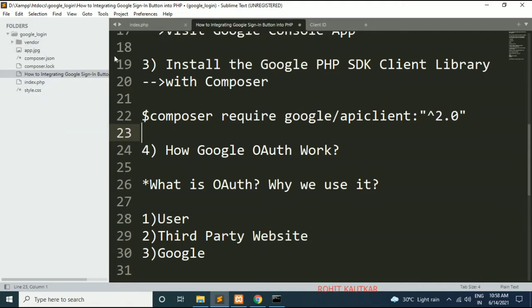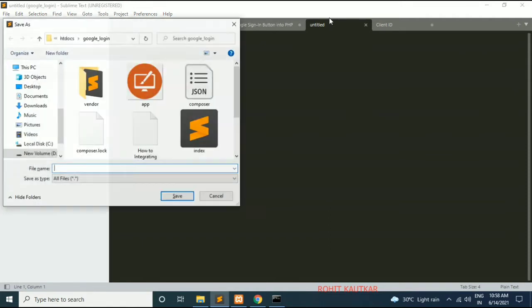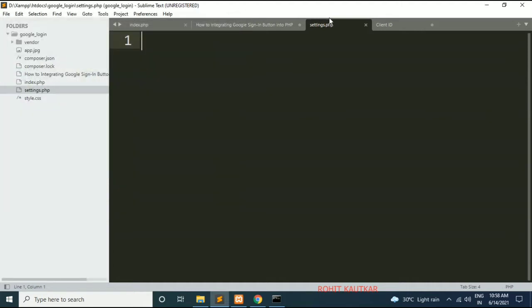So first of all we will perform some basic configuration settings regarding Google's client library. For specifying these basic configurations, I will create a new file here and save it as settings.php.